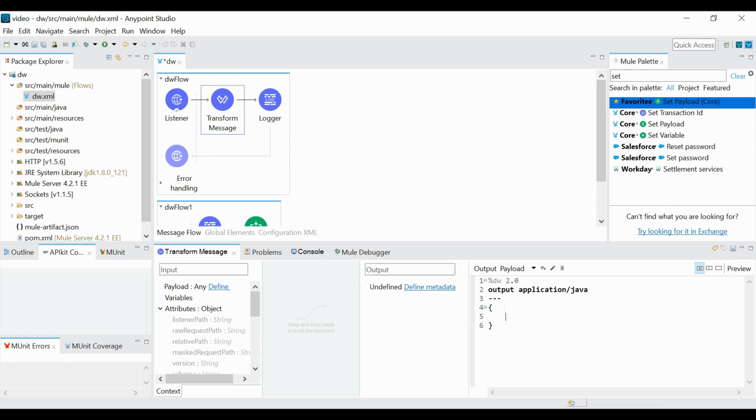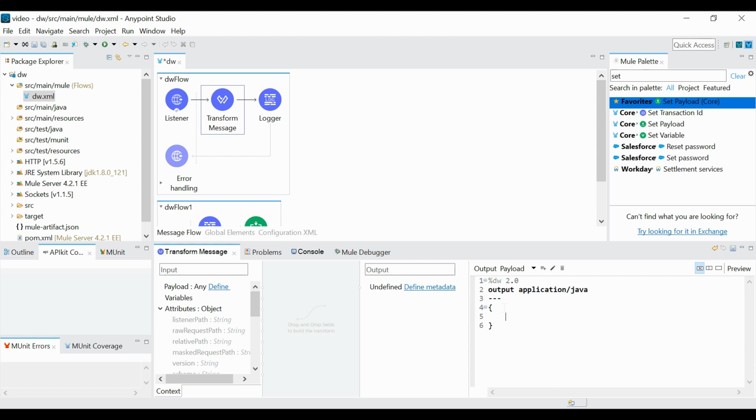So here the first function we have is the lookup function. In the certification video I have also explained the lookup function, but in this video we will see it in detail. The lookup function is required whenever we need to call another flow from a DataWeave. How you use flow reference to call another flow, the same way this lookup function works.